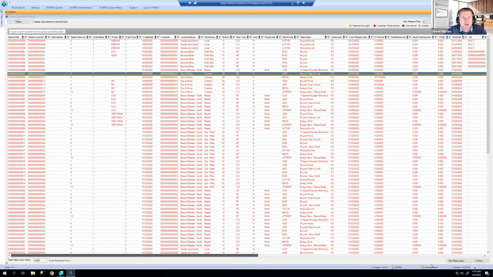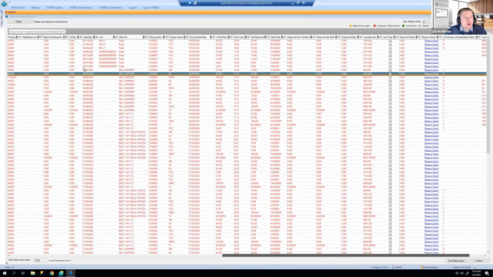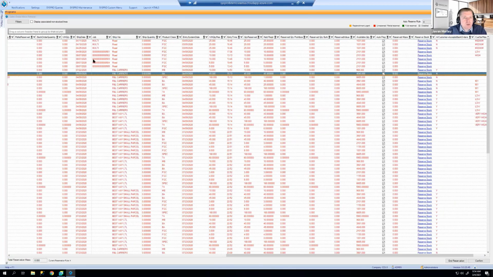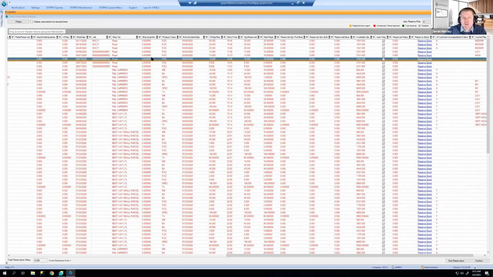Let's move over here. You've got your ship date, whether there's a job associated with the line. Here's your ship file coming through. Nothing sitting in ship, obviously, in CISPRO, but there might be instances where somebody's put it into ship and then this line will turn gray and it will show you there's a quantity in ship, so you can't release a pick slip for it. You've got your entry date, you've got your entry date and time, you've got what quantity